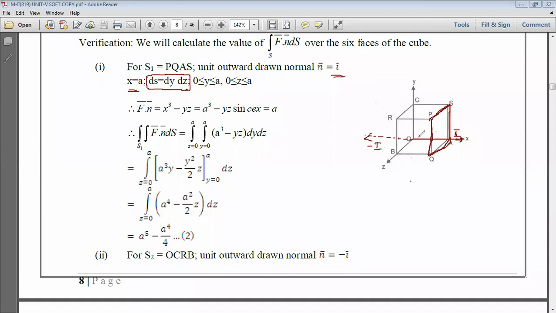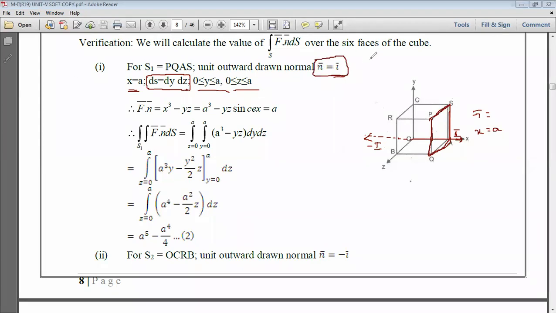You have to remember which one is the positive direction. So x is equal to a. And the line is parallel to the y axis, that's why x is equal to a now. And next the y limits and z limits, there is no change in that. y is from 0 to a and z is from 0 to a. And now f bar dot n bar. f bar we already know, the vector. So f bar dot n bar is nothing but I.